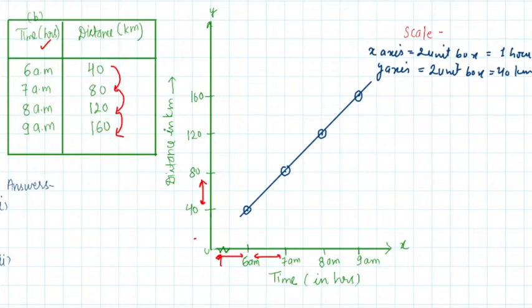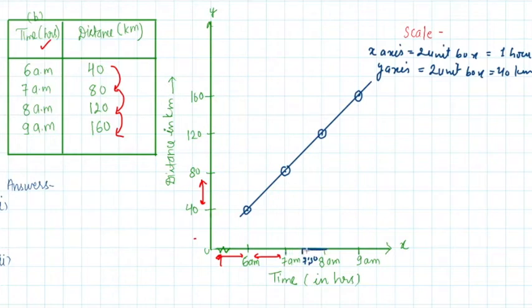So this is how we can write the scale. Now with this question, there are 2 parts in this question which says, how much distance did the car cover during the period 7:30 a.m. to 8 a.m.? So if you see, this is 7 a.m. and this is 8 a.m. Somewhere this is your 7:30 a.m. We have to calculate how much distance has been covered in this period from 7:30 to 8 a.m.